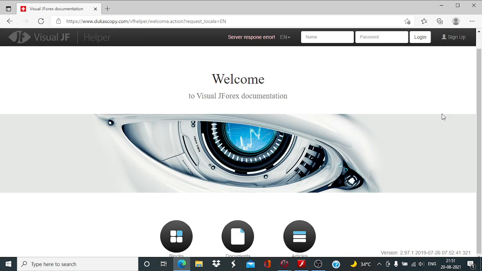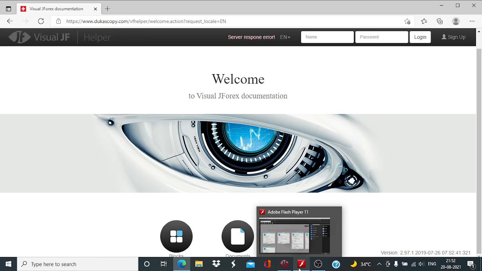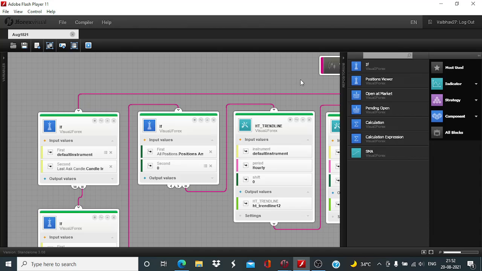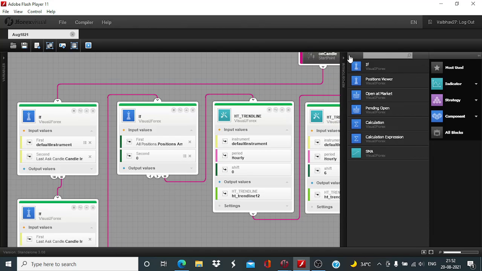Myself, Vaibhav. In today's session of Visual JForex, we will be continuing our work using the indicator H3 trend line, which is a well-known indicator, Hilbert transform trend line. This is the third and the final part, and in today's setup, we will be completing the algorithmic setup for execution of the sell trade. For buy side, we had completed the